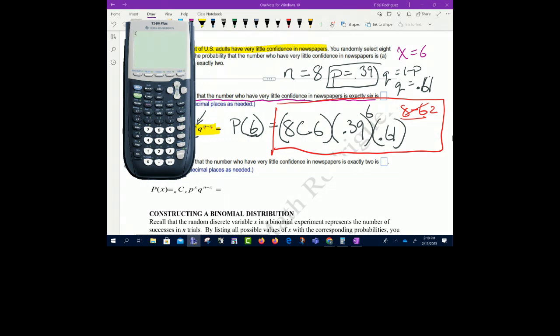First thing I see is parentheses. We're going to go 8. Remember, y'all, we're going to go to math. We're going to go to probability. And we're going to choose 6. So, we're going to do the number 3 because it has the C, right? Okay. Close that up. Right next door to that, y'all, we're going to take 0.39